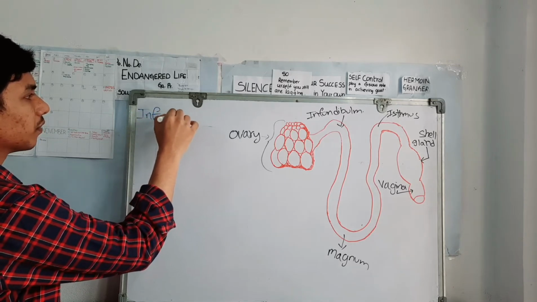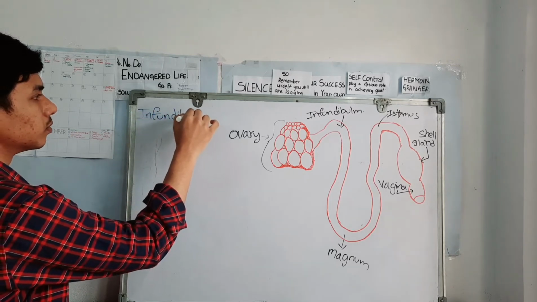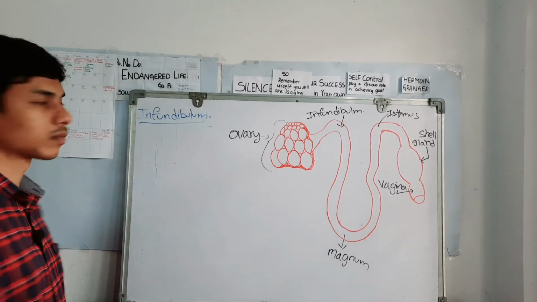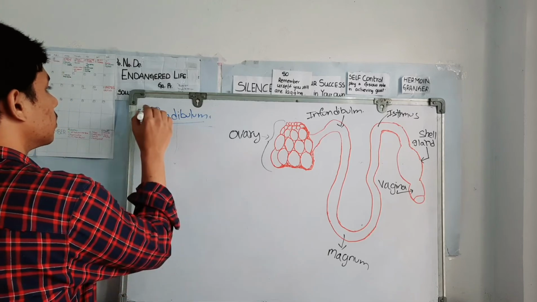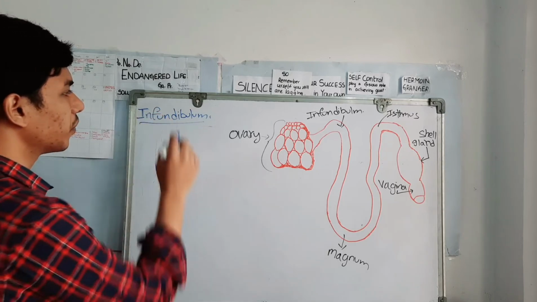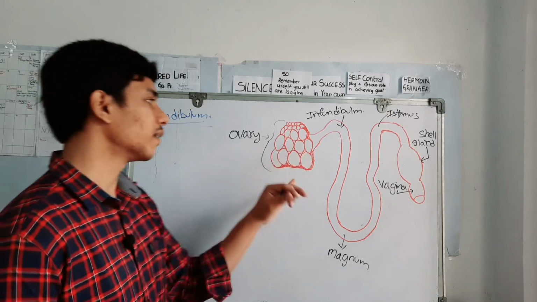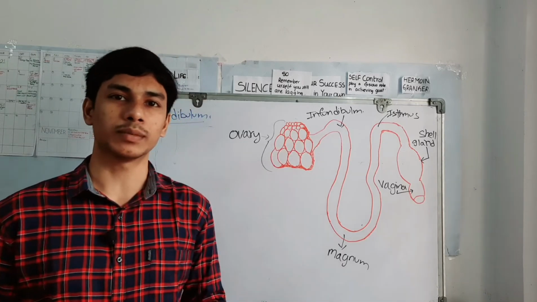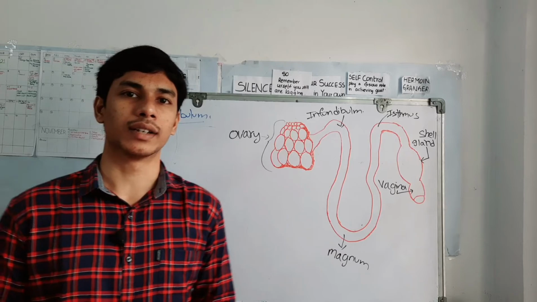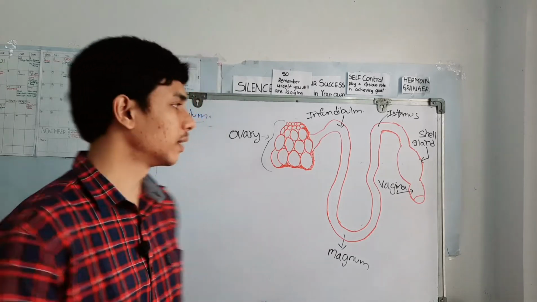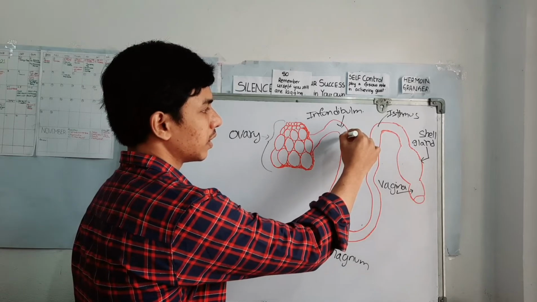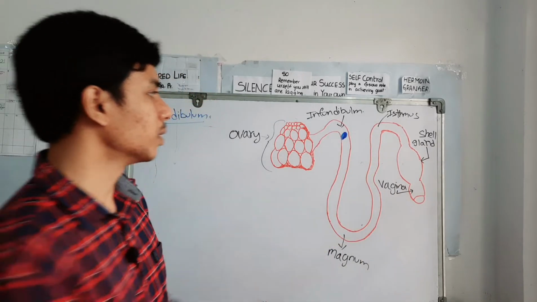Now in the infundibulum, the yolk is not covered by any substance. So it is the only place where the sperm cell is able to fertilize the egg. If the fertilization is to happen, it should happen here. If the yolk is here in the infundibulum, the sperm cell